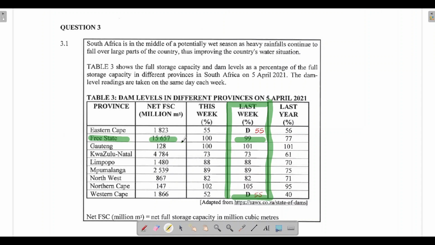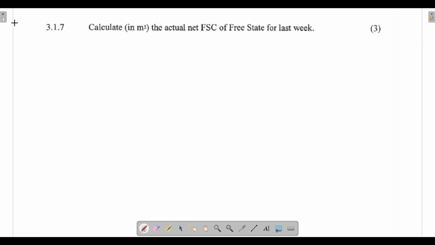And then we know that for last week the percentage in which that dam was full was 99%. So all we need to do now is convert that 99% into an actual value, considering the net full storage capacity that the Free State dam can take. So how are we going to do that? We are going to take that